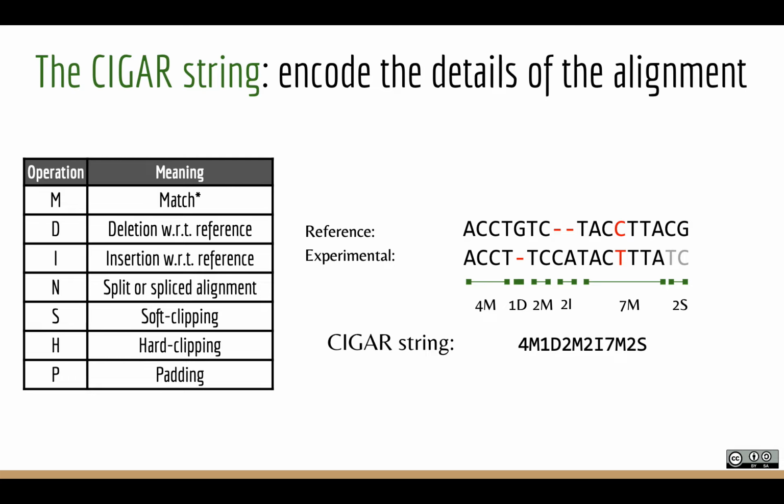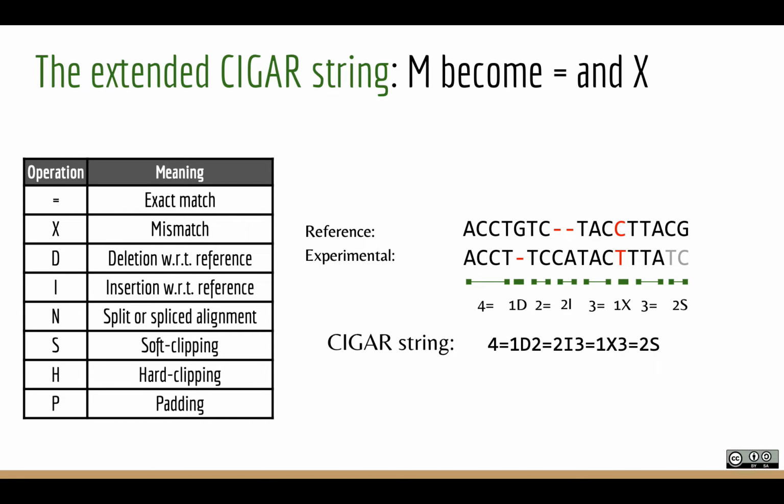Now there's a new way of encoding this, which is better, which introduces instead of M, now we've got 2 different operations, an equal sign and an X sign. So equals is used when there's an exact match. So this is saying there's an exact match of length 4. We've got the same deletion, we've got an exact match of 2, we've got 2 insertions, we've got an exact